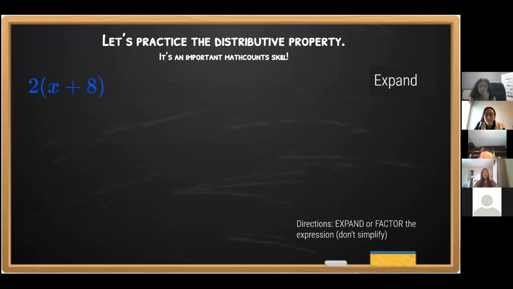So the distributive property, we did a few questions last week, and basically it's the one where you